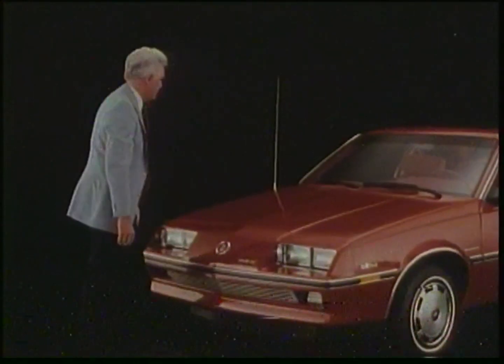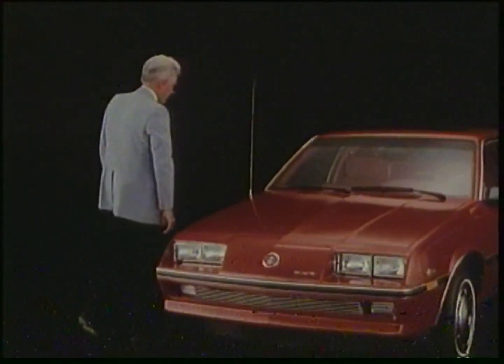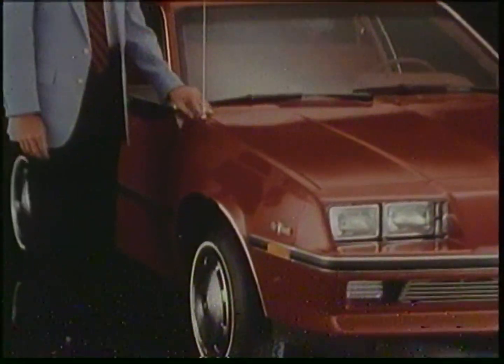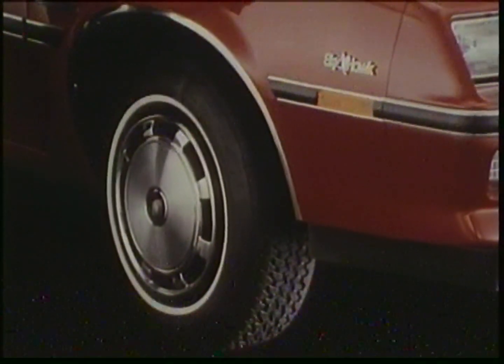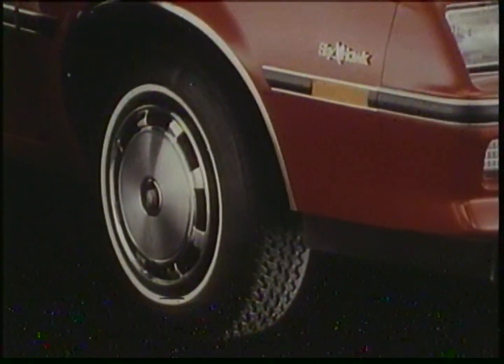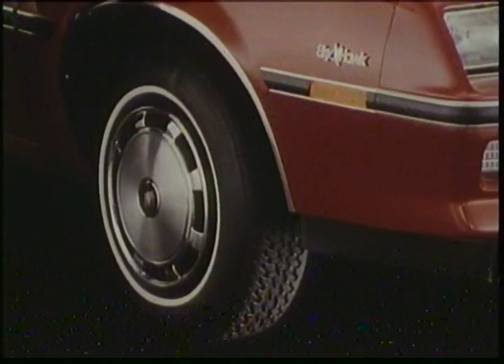Now, come around to the side and let me point out some more features. Take a look at the steel-belted radial ply optional white wall all-season tires. Look at the tread. These all-season tires qualify as snow tires in parts of the country where snow tires are required. But there's no snow tire whine, and the really neat thing is you don't have to change tires twice